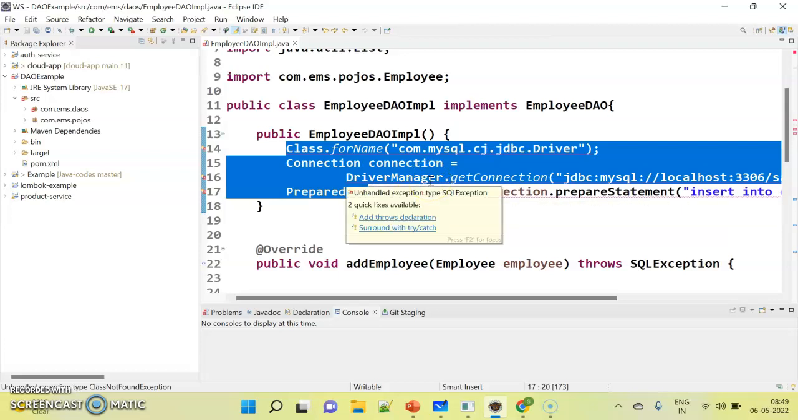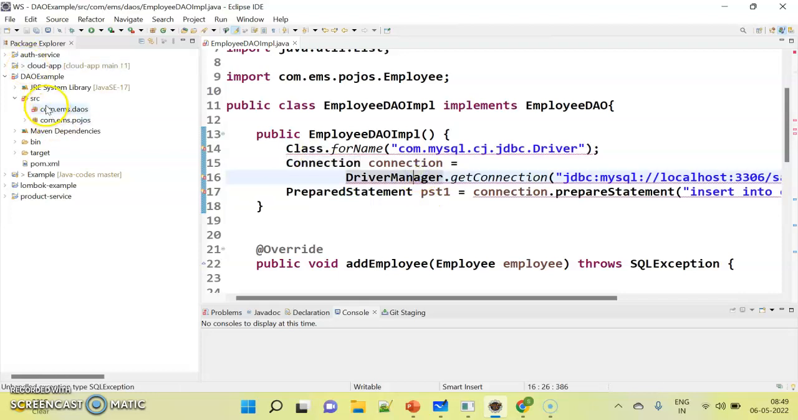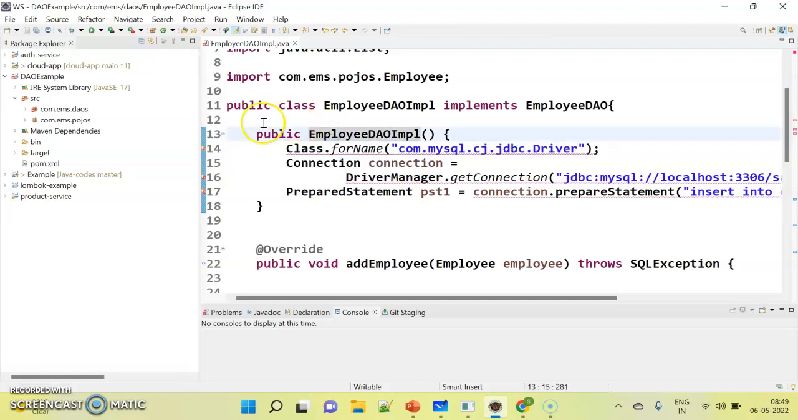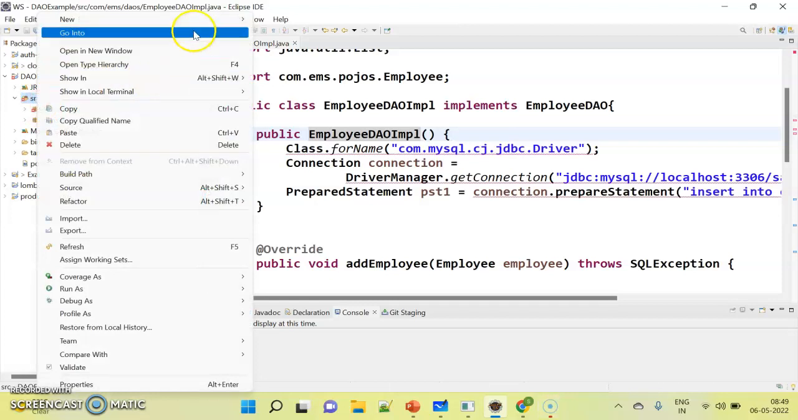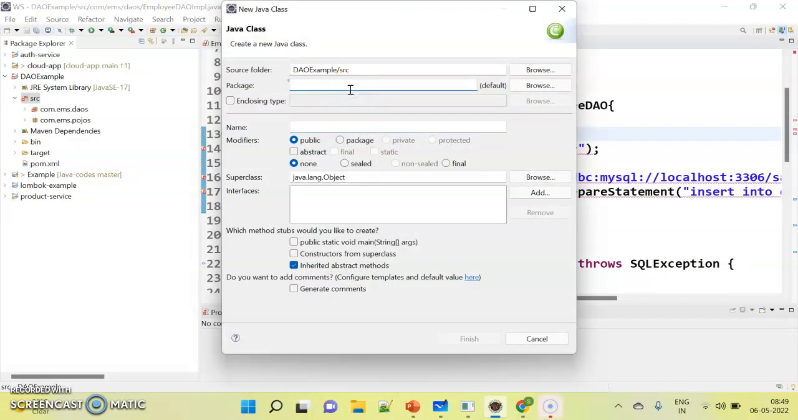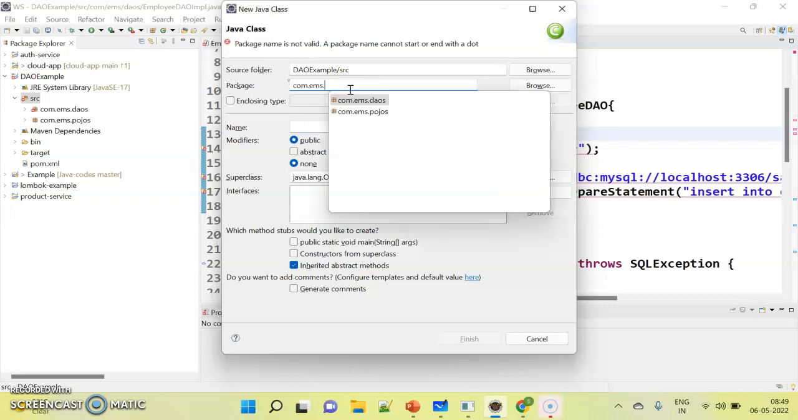If we have a customer DAO IMPL class, we have to repeat this code. If we have some other, like admin DAO IMPL class, then also we have to repeat this code. That is where we have to create another class and put this code into it, and let's do that. So I'll create a new class here, and I will call this a connection util class inside a utils package,